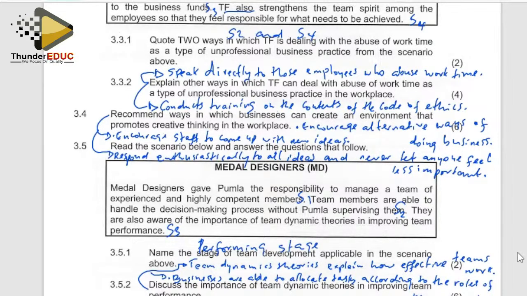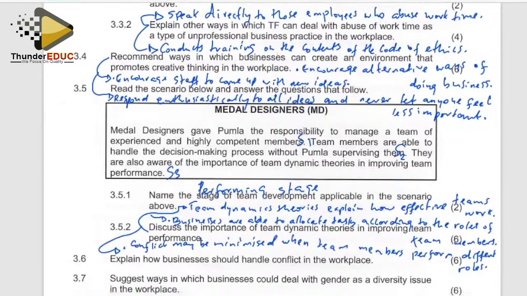Okay, right? So now let's check the last one. Last one, we are saying that conflict may be minimized when team members perform different roles. Okay, right, grade 12. So now let's move on to